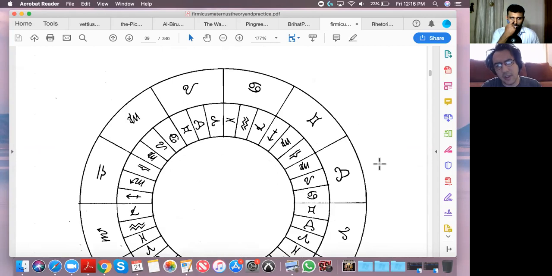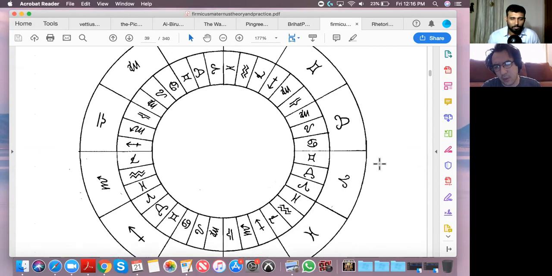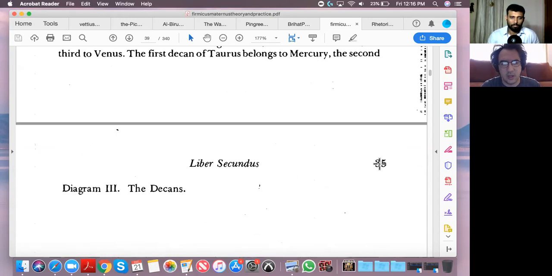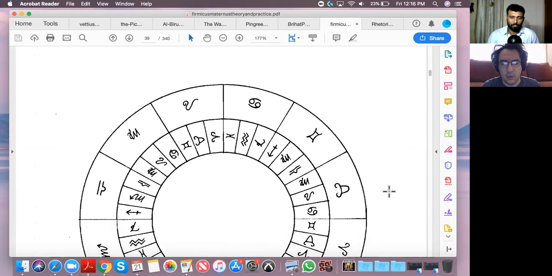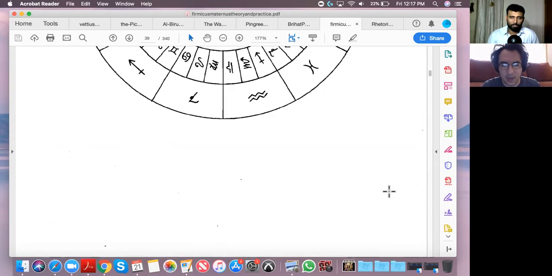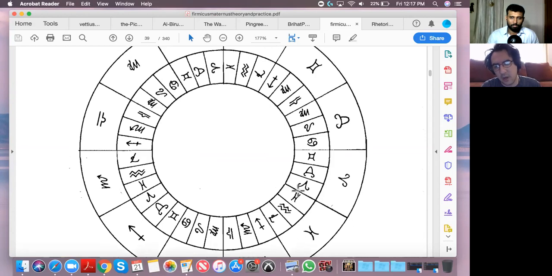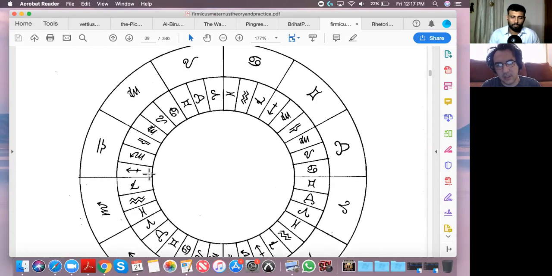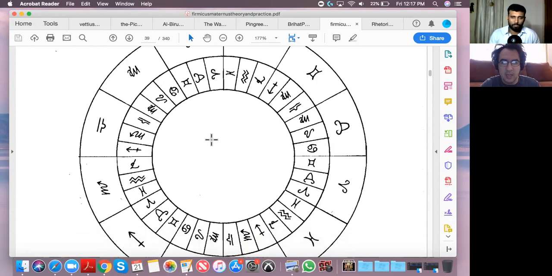And actually, this is interesting because I think this is the one that Manilius uses. So I'm not totally sure why this is in here. We might find out later. But see, Manilius just starts with Aries and then follows the order of the signs and then repeats. And what that form of decanate does is that it gives you a harmonic chart, a division by 3,